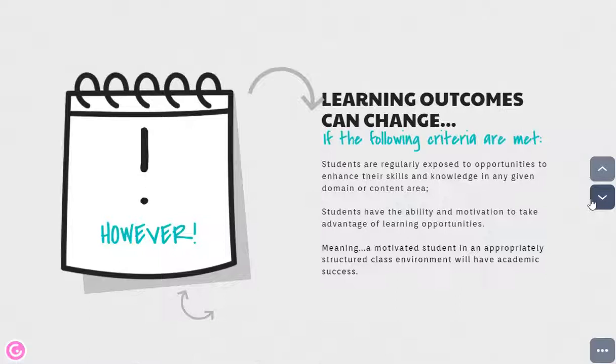Students have the ability and the motivation to take advantage of learning opportunities, meaning they come to the table with some kind of prerequisite knowledge that they need in order to understand that new material, and that they are motivated, they see a reason and a purpose, and they want to learn. And then a motivated student in an appropriately structured class environment will have academic success.